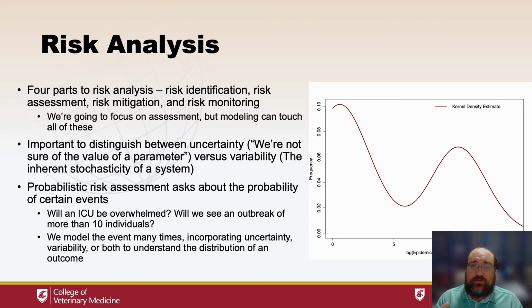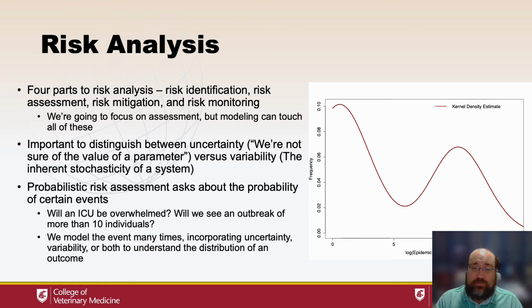And probabilistic risk assessment asks about the probability of certain events. Will an ICU be overwhelmed? Will we see an outbreak of more than 10 people? And what we do is we model the event many times, incorporating uncertainty, variability, or potentially both, to understand the distribution of an outcome. So this picture on the left, which my head is blocking a little bit of it,